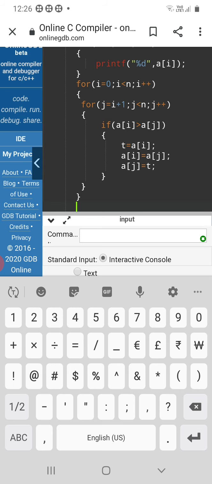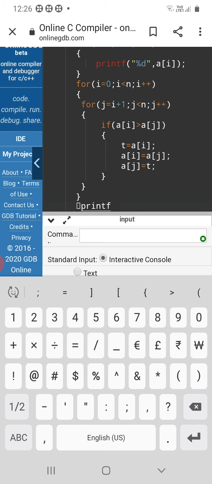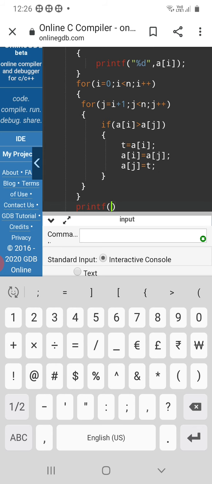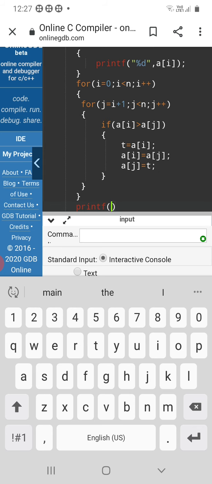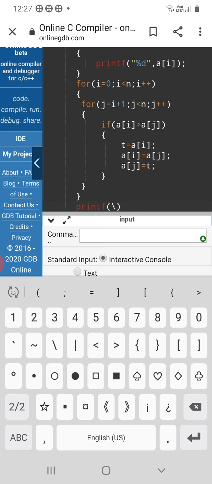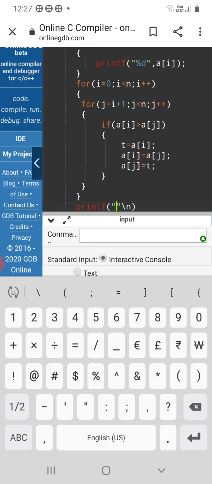Then use printf statement. Printf, use open bracket and write backslash n by putting it in inverted commas.